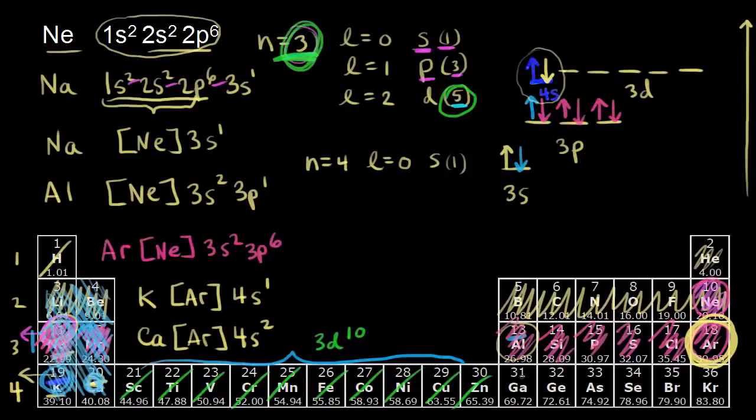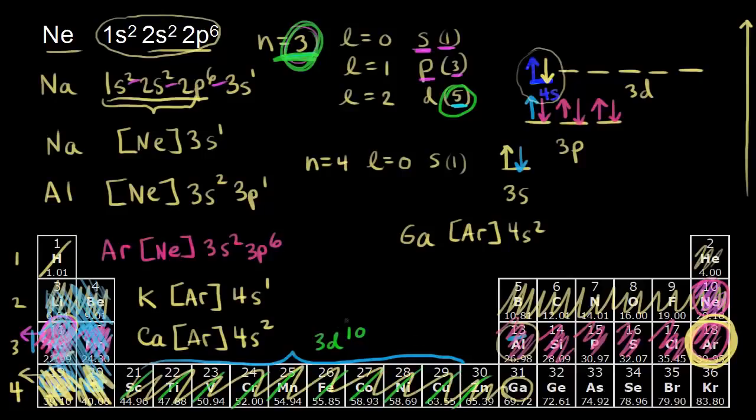For example, let's just go ahead to gallium here. Let's write an electron configuration for gallium. So if we're using noble gas notation, the noble gas that precedes gallium, if you work backwards, would be argon. So we can go ahead and write that in here. That takes us to this area. So that would be 4s1, 4s2. So we write 4s2 right here. And then we have all of our d's. So we can just go ahead and put the d's in there. 3d10. So we put in 3d10 here. And this takes us to